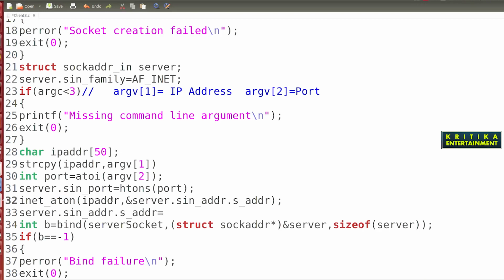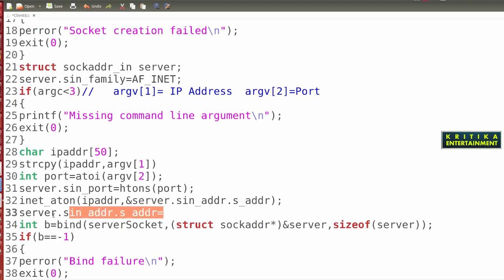That means this string formatted IP address will be converted and stored into this variable, which is the variable to store the IP address.